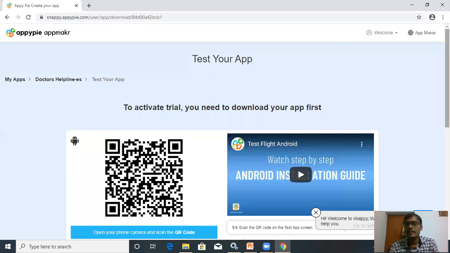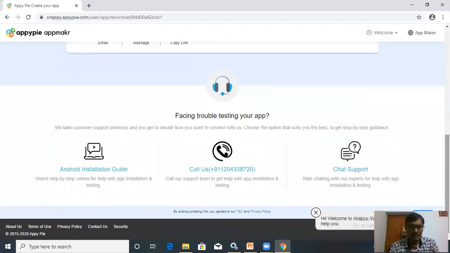You can see here children. You can also contact Appify. You can see this phone number is also given here. Chat support is also available here, and the Android installation guide is also available here.